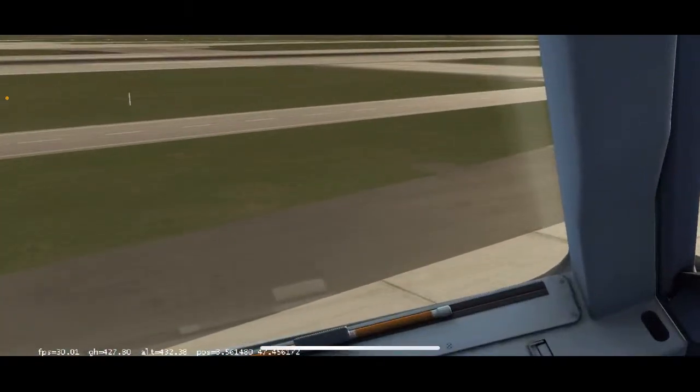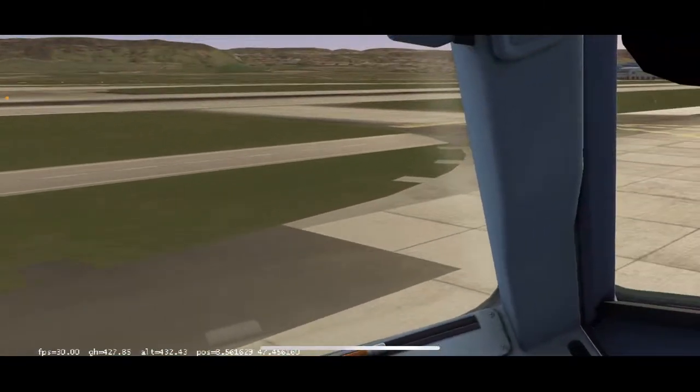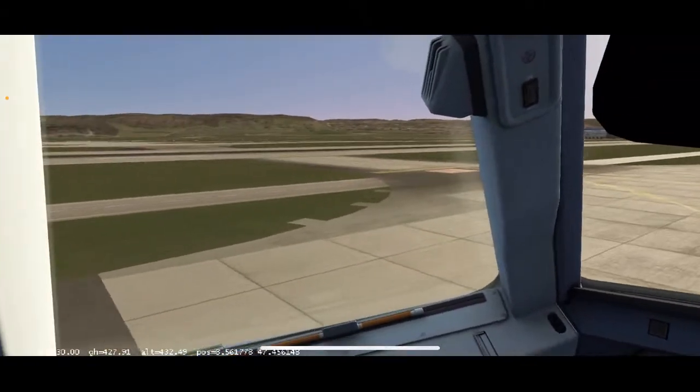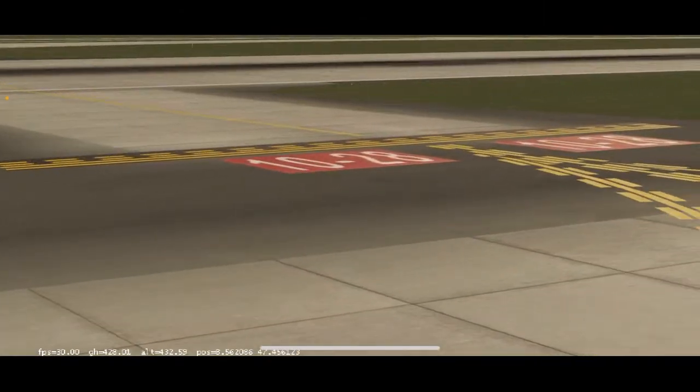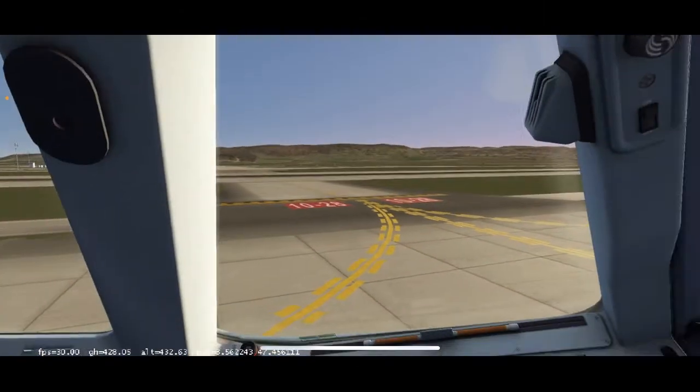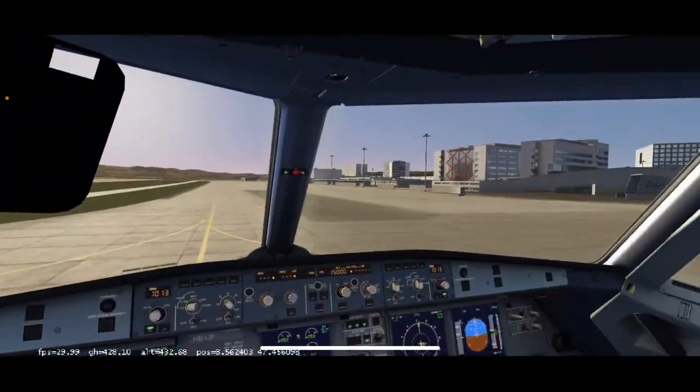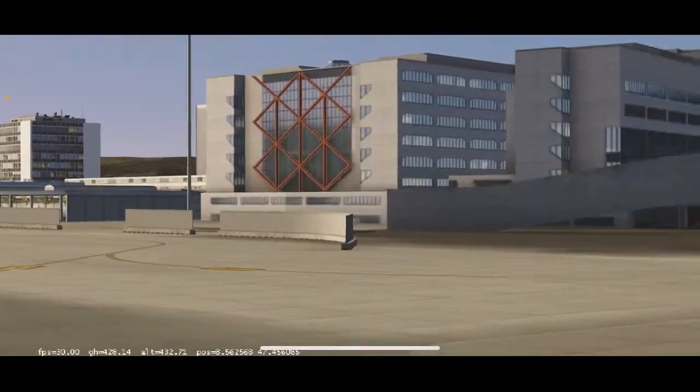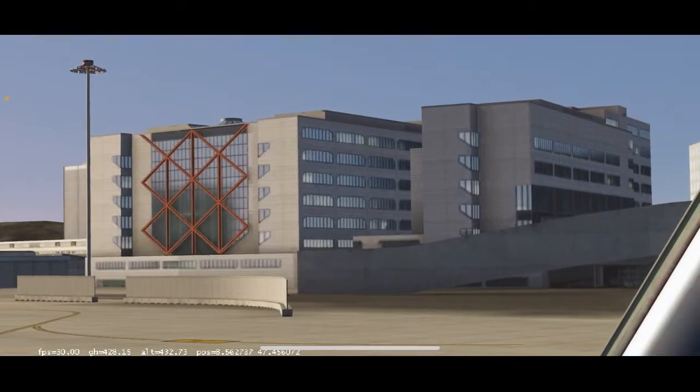I wish they did have signs that are actually on the ground over here, but Aerofly is still doing an amazing job. Look at that. That's awesome, man. Big shout out to Aerofly. You got realistic buildings. I mean, come on. Doesn't get any better than this.